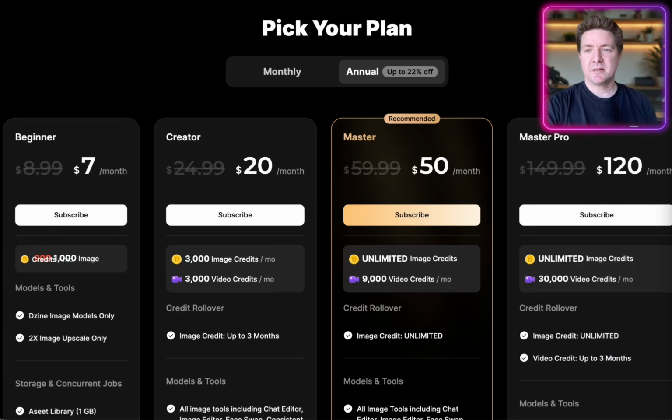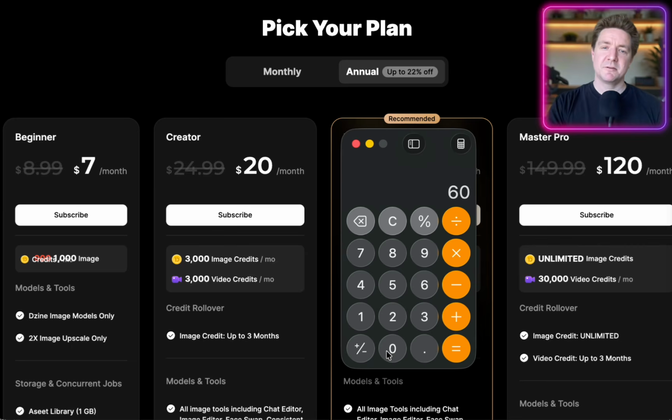In terms of costing, with Dzine, for the master plan, it's $120 for 30,000 credits a month. And at the moment, they do have a 50% off plan. So you could get those 30,000 credits for the equivalent of about $60 a month if you signed up for the annual plan. And so if you take the discounted rate of $60 a month and you divide it by the 30,000 credits,